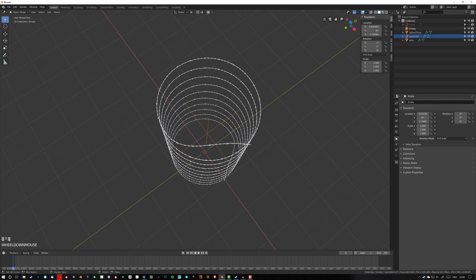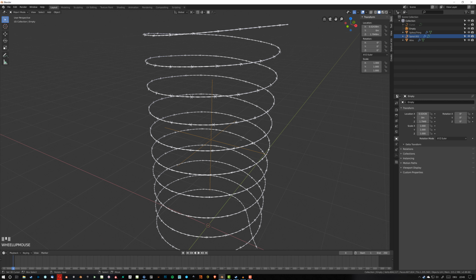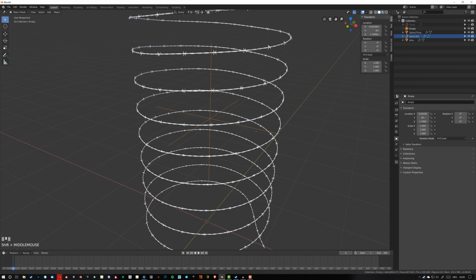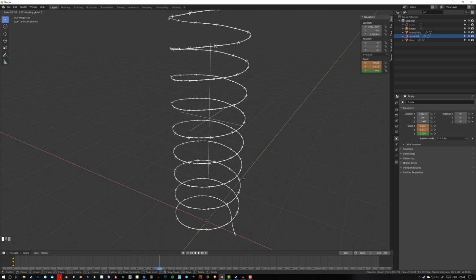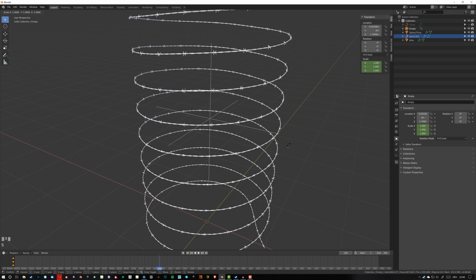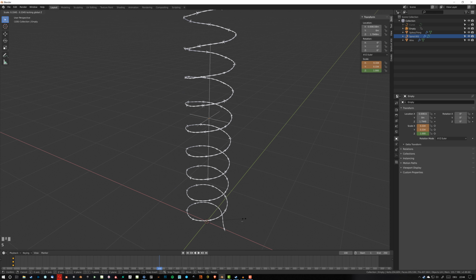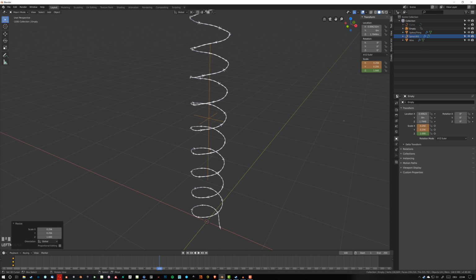This gives me a new object, and now for example, if I keyframe the scale on this, then go to, I don't know, maybe frame 100, and I'll scale it only on the, not on the z-axis, I mean. And keyframe this again,